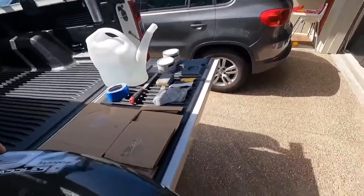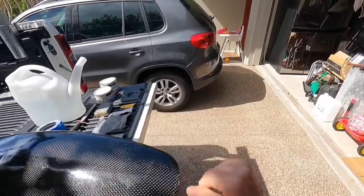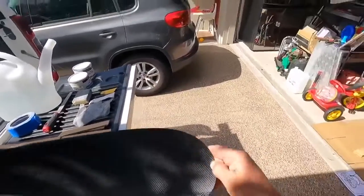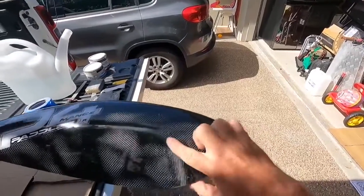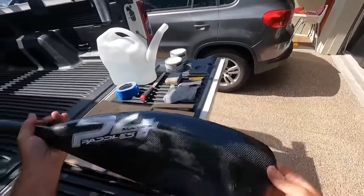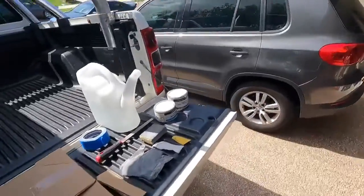So what I'm going to show you how to do is how to sand or grind that out, file it out, and use a bit of 2-part epoxy and build it back up and sand it down so it's the same shape, and it should end up as good as new. Might at the same time just have a look at wet sanding those scratches out and getting it looking a bit prettier. So what we need,